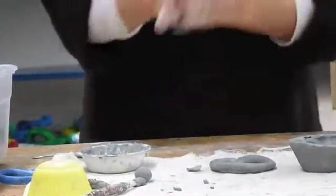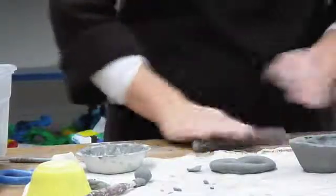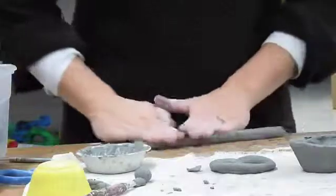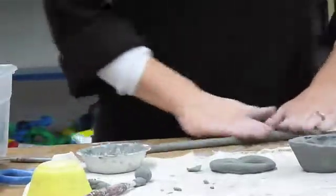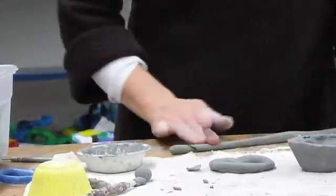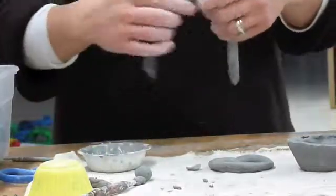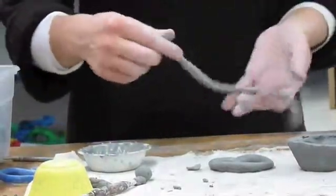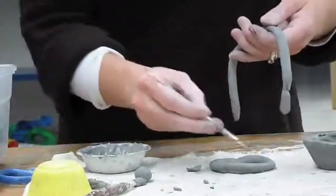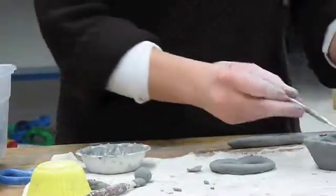Now I'll tell you this, as you get smaller making your coils, the clay sometimes breaks, so we want to make sure that we keep the clay nice and moist. So after I get my coil rolled, I'm going to add some slip to it so that it works a little bit easier for me, and that slip will also make it maybe so I don't have to be as worried about slipping and scoring between each layer. So I'm going to make some marks on here, and I'm going to make some marks on my coil,